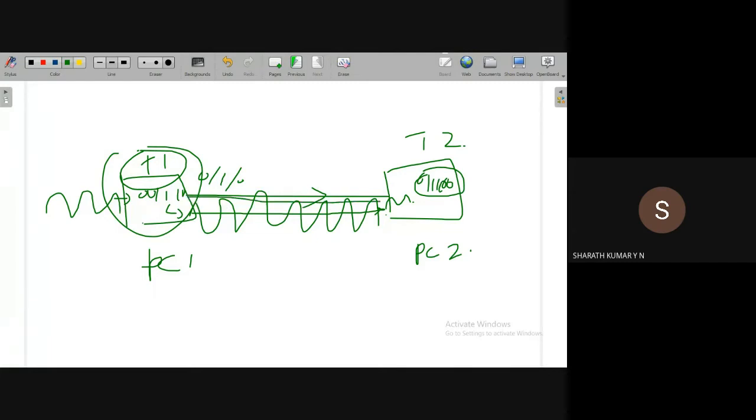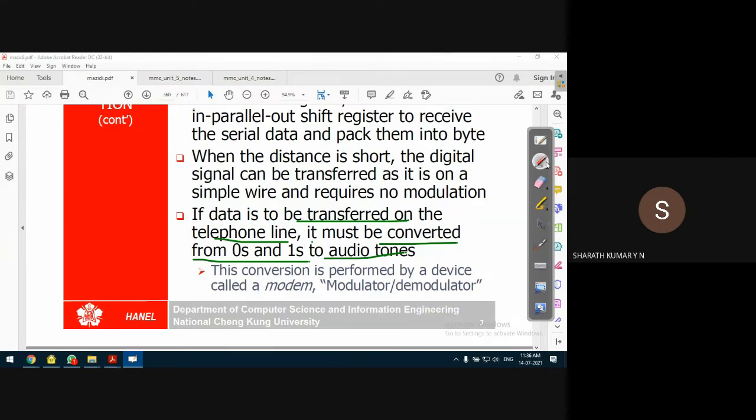But the LAN network does not transmit zeros and ones; it will transmit an analog signal. So it requires a digital to analog conversion at the transmission stage. At the receiving stage, the requirement is analog to digital conversion. Very simple. So that's what the author is explaining with respect to the telephone line. The operation is the same, and the purpose is the same.